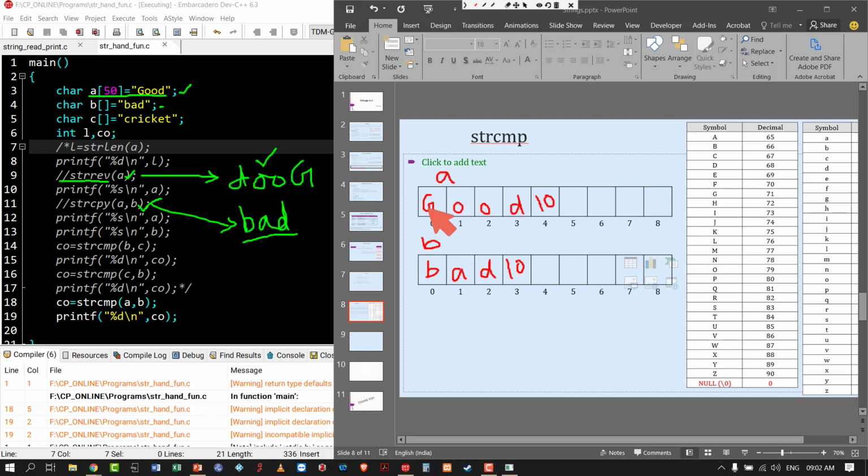So I already told you, this is a character array. When we store a character in memory, it will be stored with its equivalent ASCII value. What is the ASCII value for G? It is 71. So here we are making a comparison. We are comparing G and B. And strcmp works in such a way that G means 71. Small b means